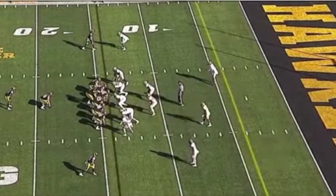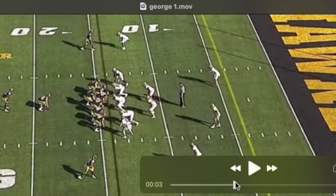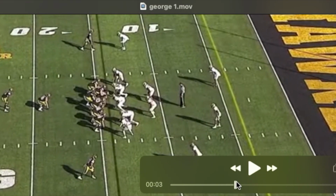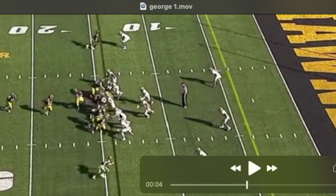I do have concerns about Karlaftis in the run game, particularly inside. He's a bit of a guesser, I think, which isn't altogether bad. You know, Suggs used to make guesses, and sometimes he would get burned, and sometimes he'd make a huge play. More often than not, he would make a huge play, but you see him here, instead of working outside in